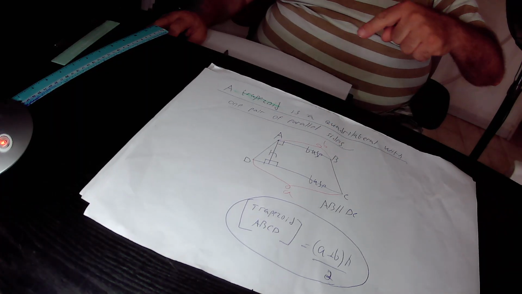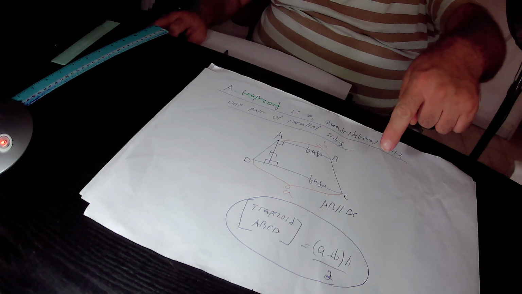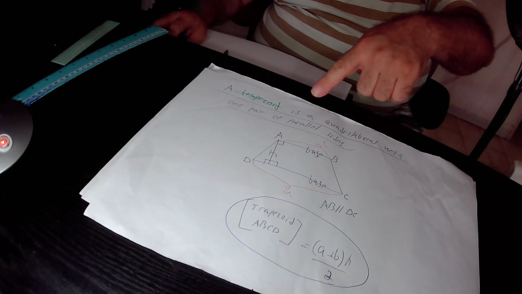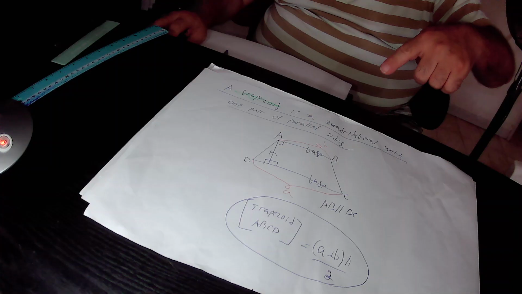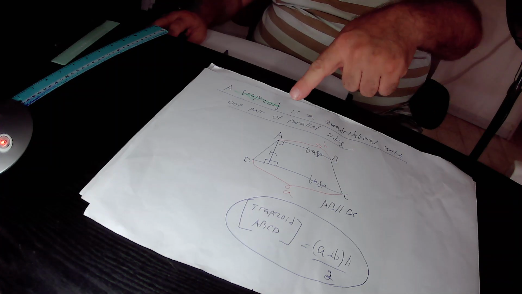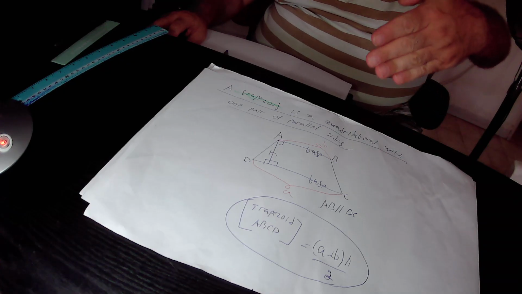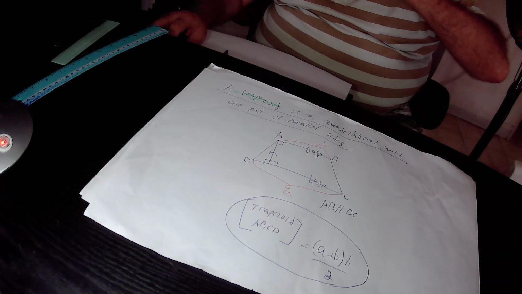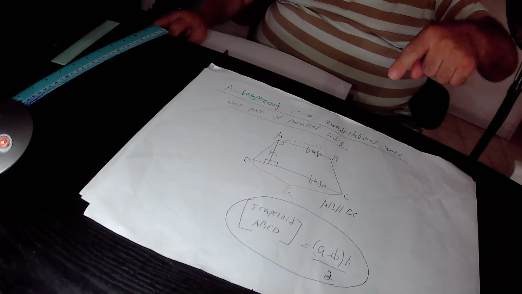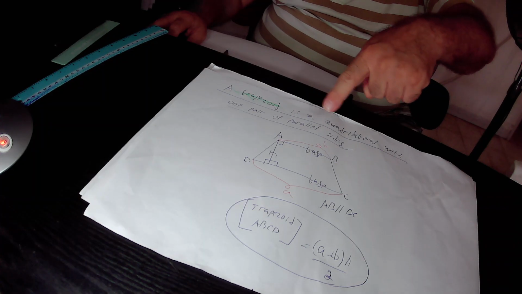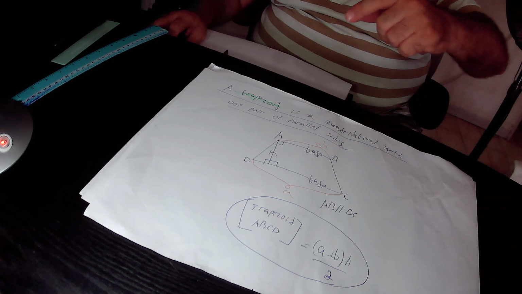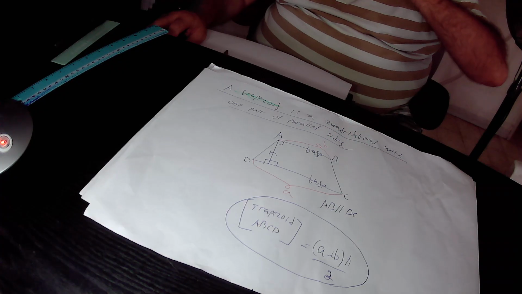So trapezoid ABCD is a quadrilateral because it has four sides, and because in quadrilateral ABCD side AB is parallel to the opposite side DC, this quadrilateral is a trapezoid. The two parallel sides, that is to say AB and DC, are defined as the bases of this trapezoid,